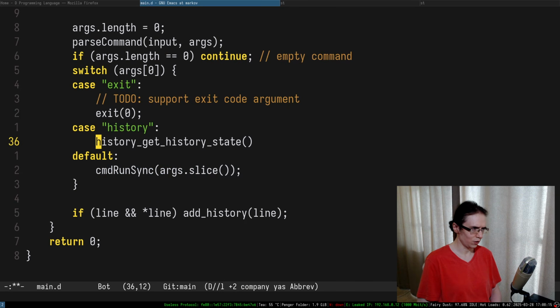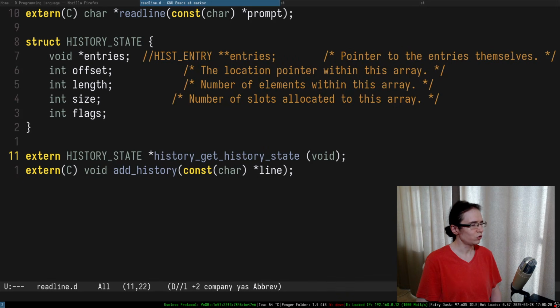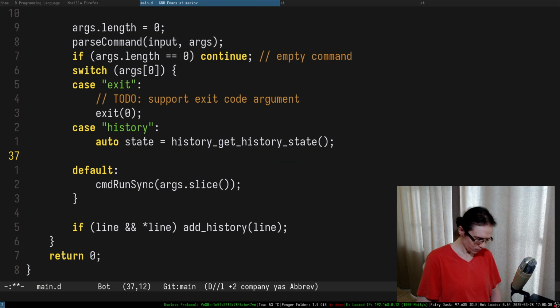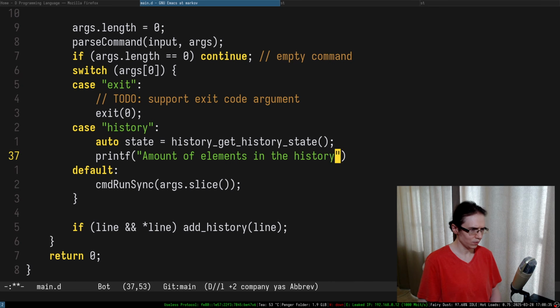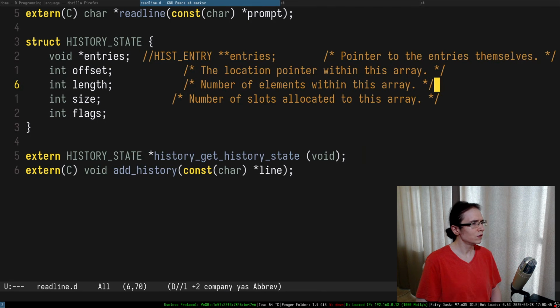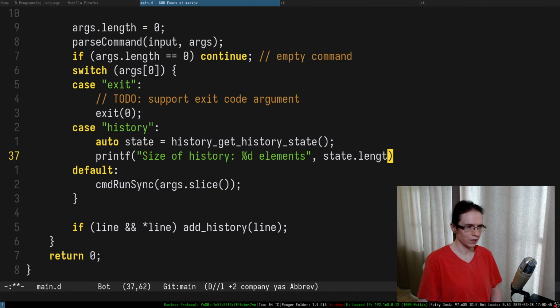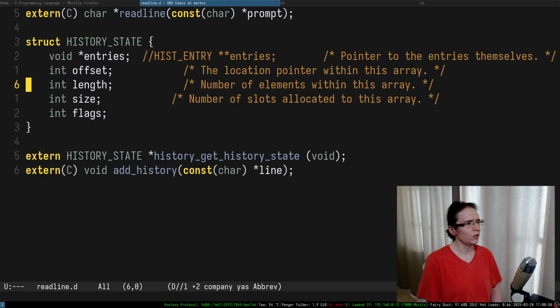And so now I have the state, and within that state I can try to see what I have in here. Number of elements within this array. Okay, we can do something like that. Amount of elements in the history. Maybe size of history is D elements, and this is a state. Length. Not sure about the size though. Number of slots are like,